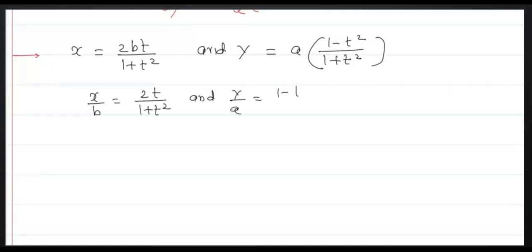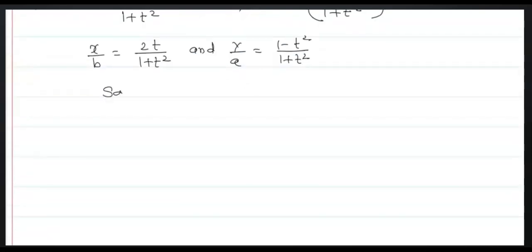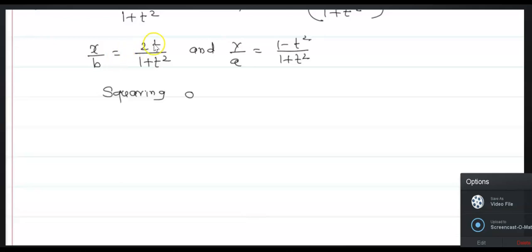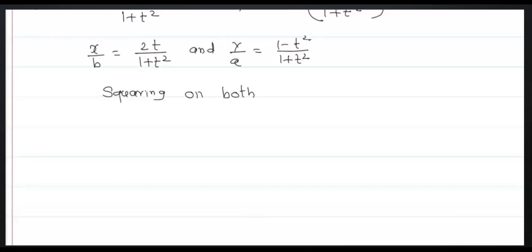These are the parameters of the ellipse. Parameters in the sense that if we square and add, then you will get 1. That is, squaring and adding, now see this, very important: x upon b is equal to 2t upon 1 plus t square, and y upon a is equal to 1 minus t square upon 1 plus t square. Therefore, squaring and adding,